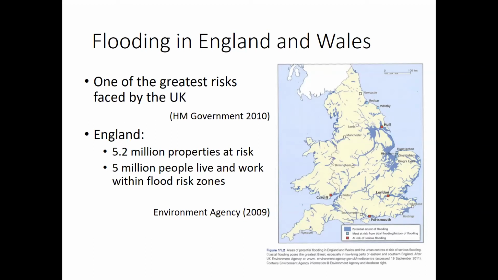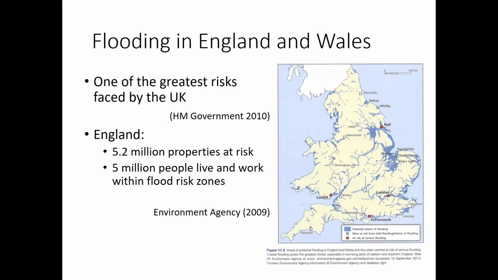Other major risks that are grouped in this category as threats to the UK's national security were the things that we might expect, so international terrorism and cybercrime. But natural hazards get a very special and high level mention there, and obviously not necessarily for desirable reasons for any of those categories. And just as a bit of context, in England, 5.2 million properties are at risk.